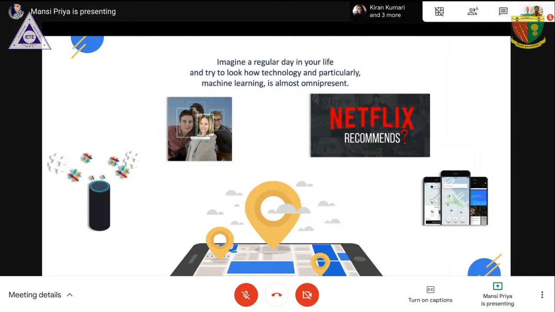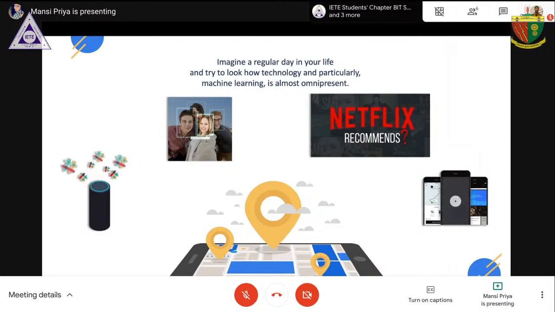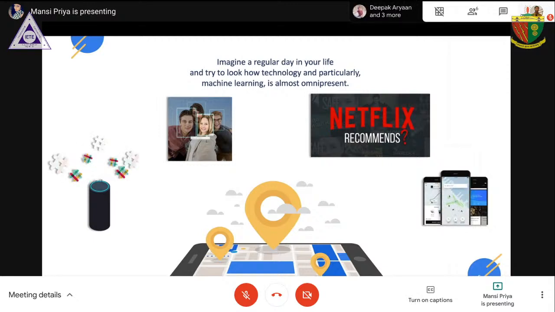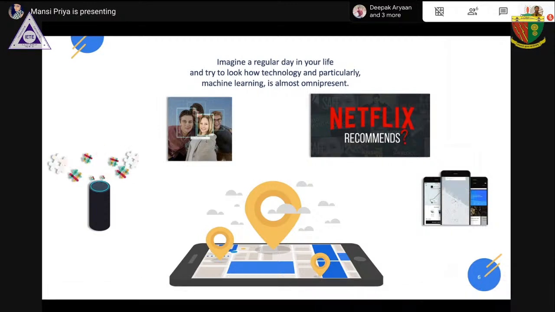You would also be using Facebook. You might definitely have come across that in images, people are tagged automatically. How do you think that is done? How are faces recognized by Facebook? Well, that is also because of machine learning. Then obviously you would have come across Netflix also, and in this lockdown people have started using Netflix a lot. You would have come across Netflix providing you recommendations on which show or series you should watch next.